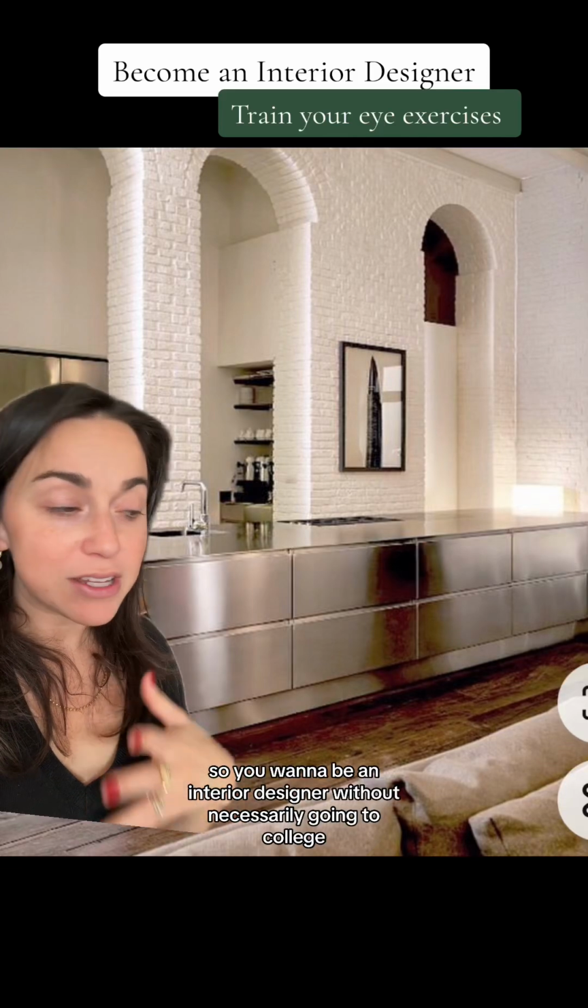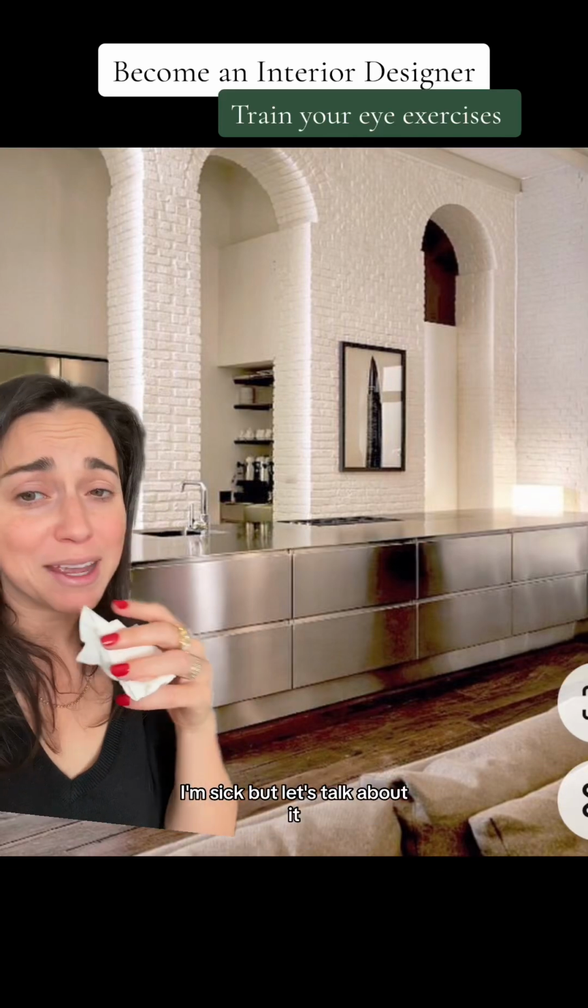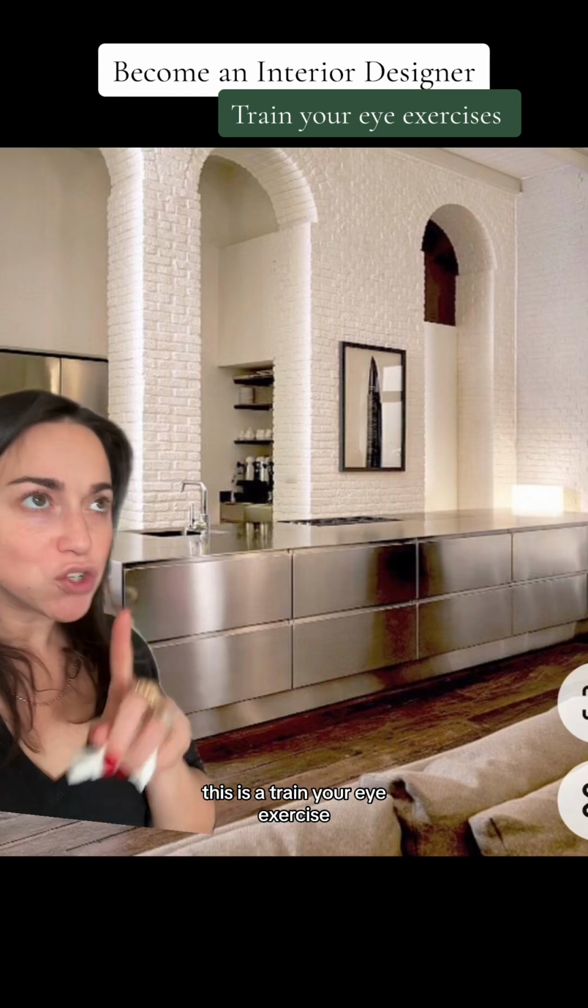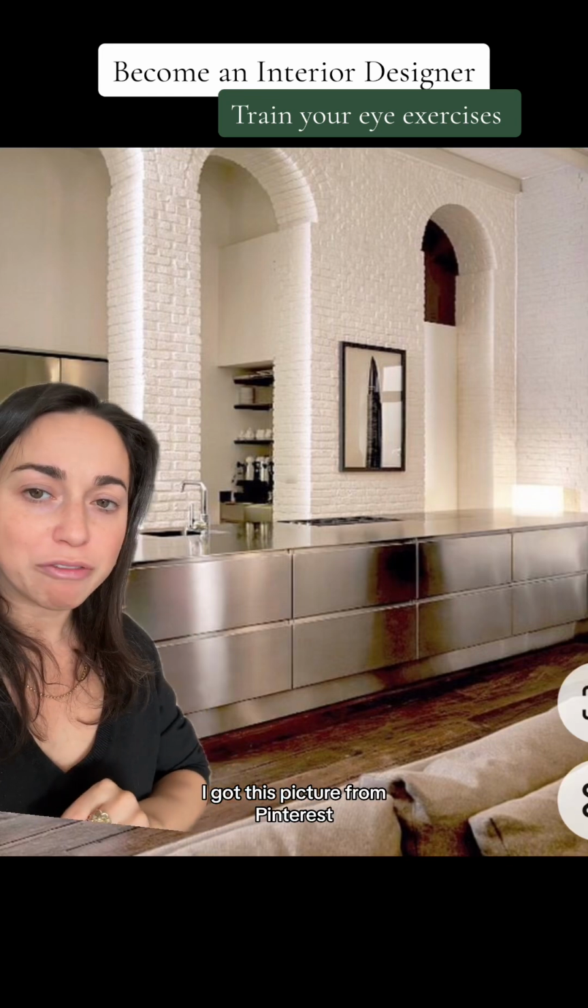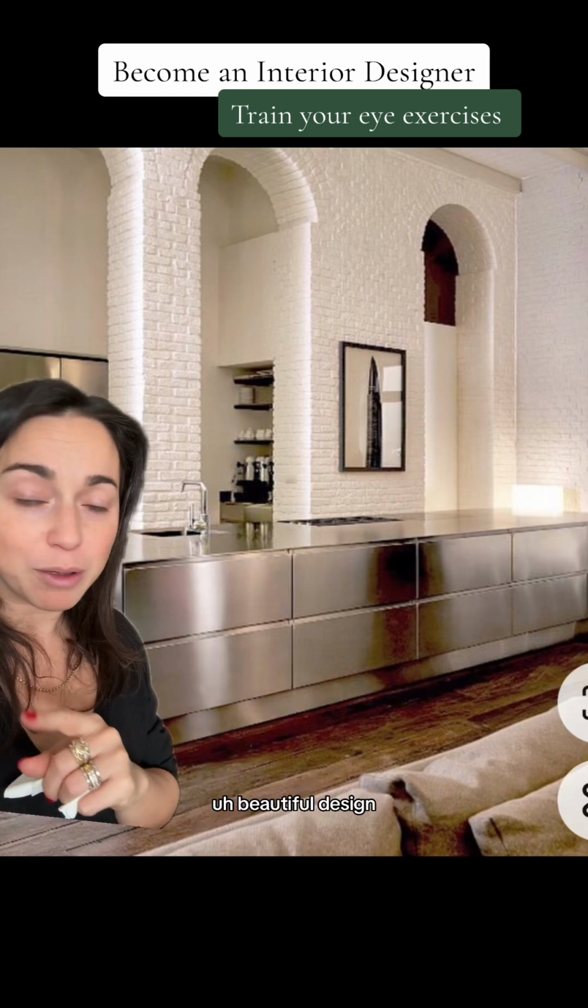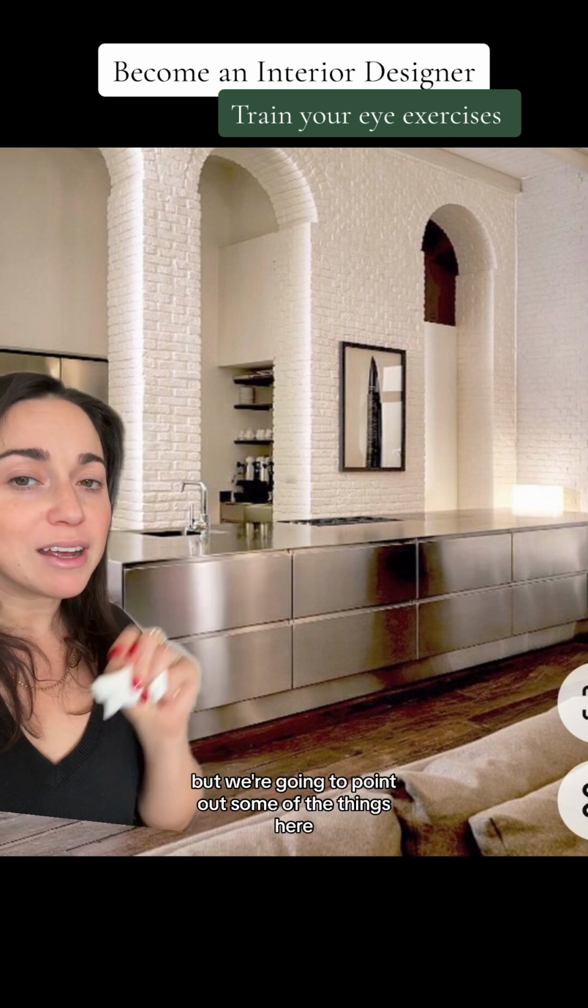So you want to be an interior designer without necessarily going to college. I'm sick, but let's talk about it. This is a train your eye exercise. I got this picture from Pinterest. I don't know who did this beautiful design, but we're going to point out some of the things here that